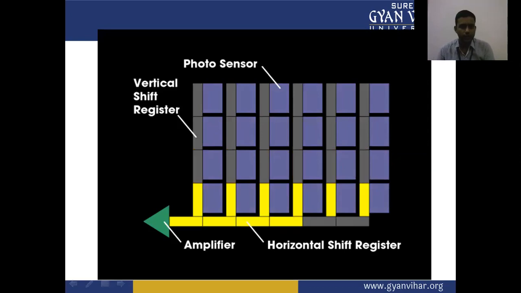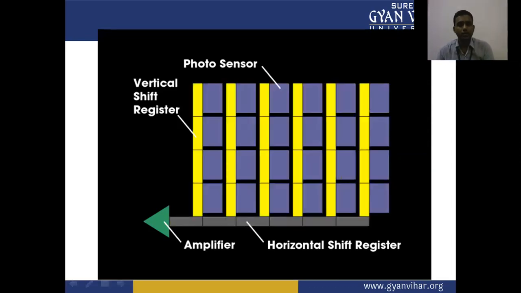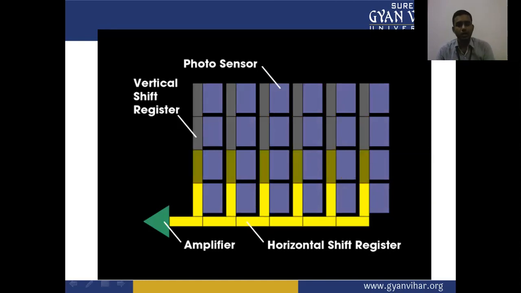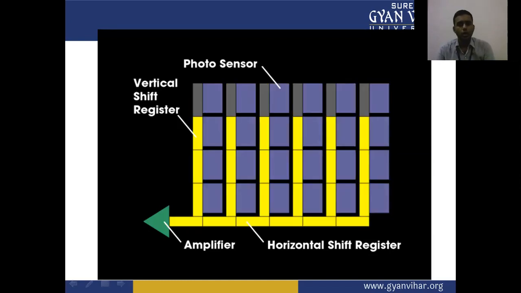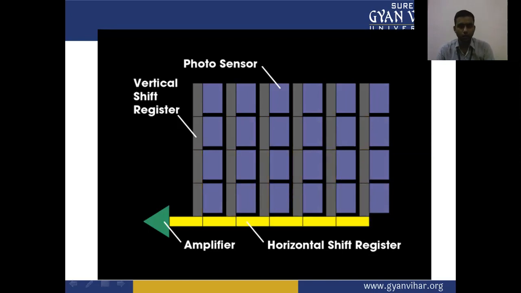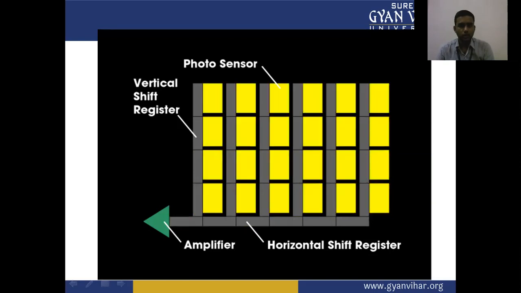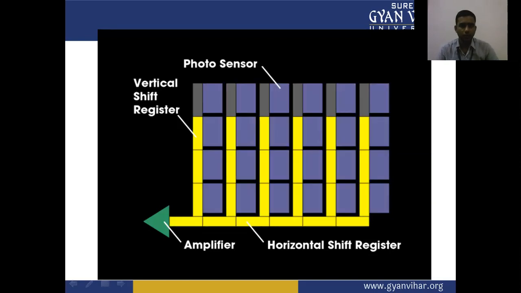So photosensors are used here. A photosensor is a device which senses the light from the image, the brightness and colors and other signals from the source, or the photons from the object. So photosensors convert the image into the